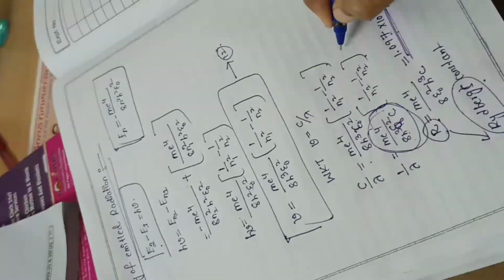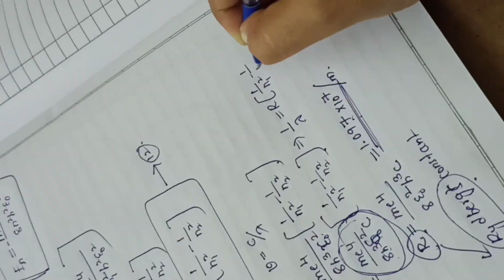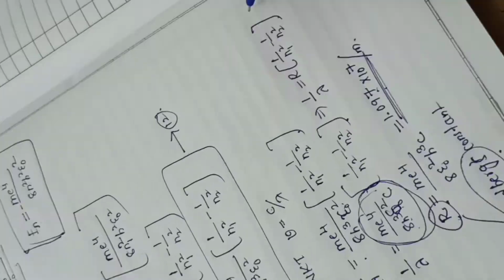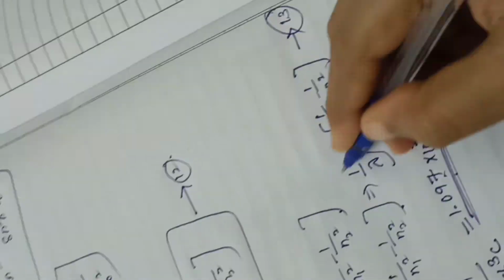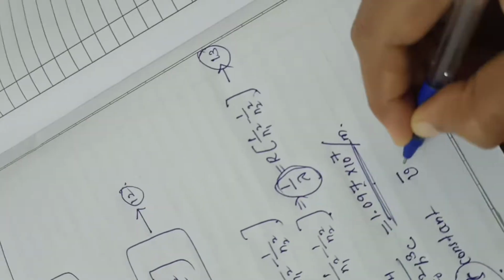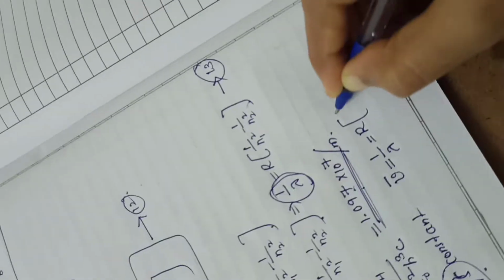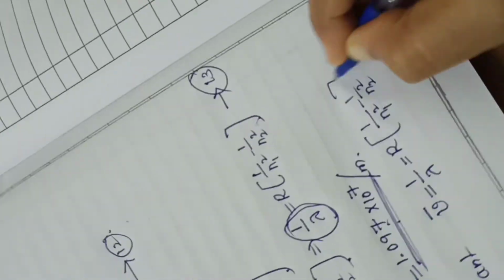Substitute the R value here. 1 by lambda is equal to R into 1 by n1 square minus 1 by n2 square. Okay. For example, this is equation number 12, this is 13. So here the reciprocal of the wavelength is called wave number, that is nu bar. Nu bar is equal to 1 by lambda is equal to R into 1 by n1 square minus 1 by n2 square. This is equation number 14.